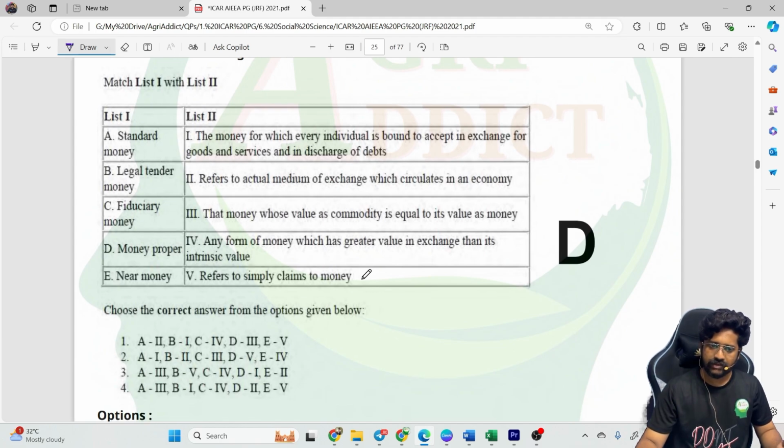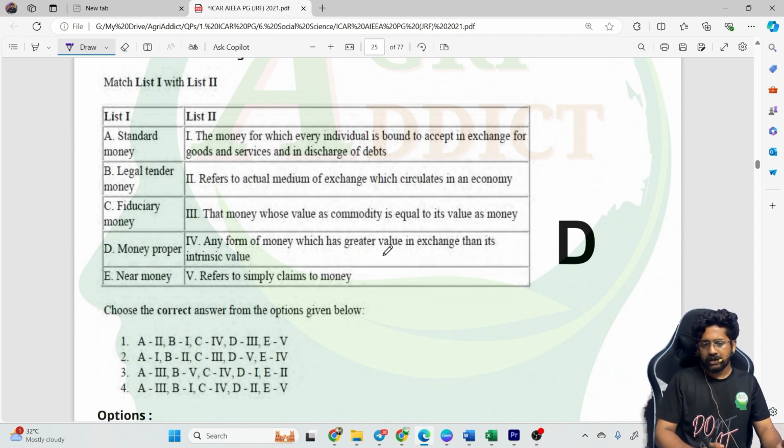Okay, again another match the following: standard money, legal tender money, fiduciary money, money proper, and near money, which are connected with the concepts of each and every terminology. So in the case of standard money, there are two types of money, that is standard money and token money. In the classification of that base, standard money is nothing but the money where the face value will be equal to the intrinsic value written inside the